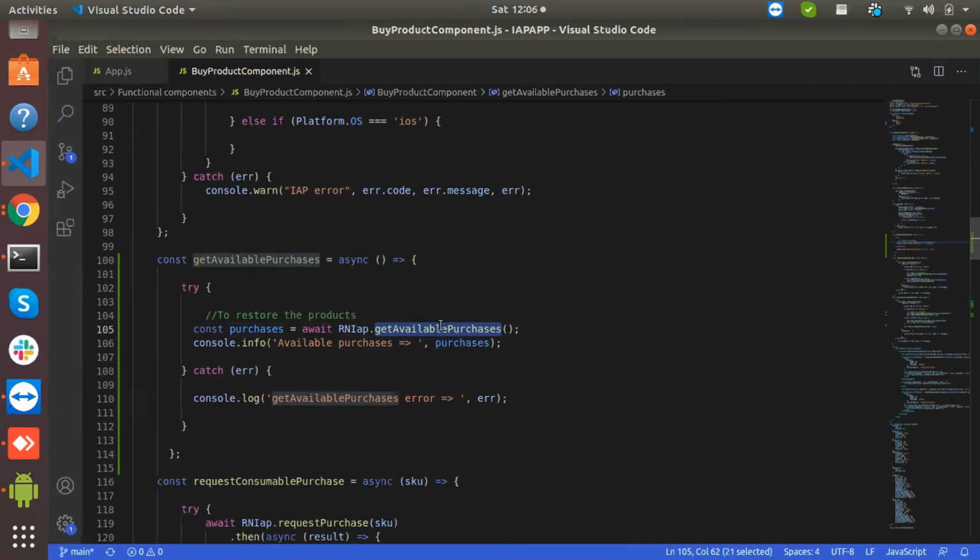If suppose one user has changed his device, when he logs in on his new device with the old Apple ID or old mail on the Google Store, then using get available purchases, we can fetch all the purchase data, the purchase history, and that user need not pay for that service again. So here is also an important method we can call to restore that data.